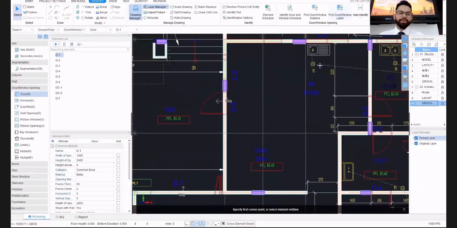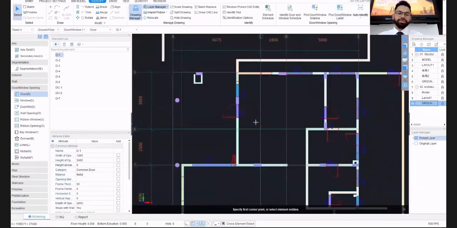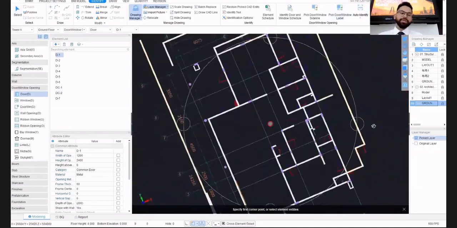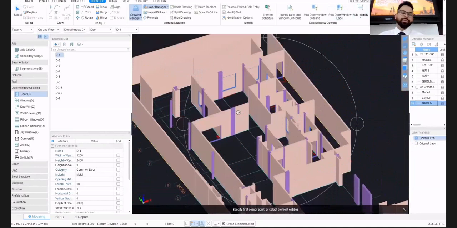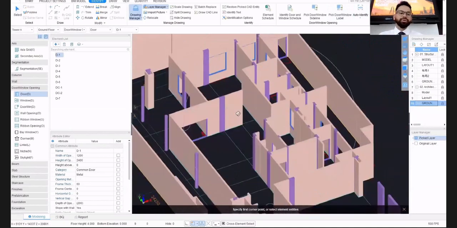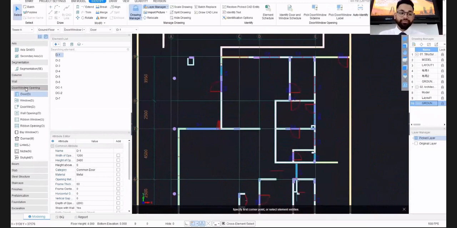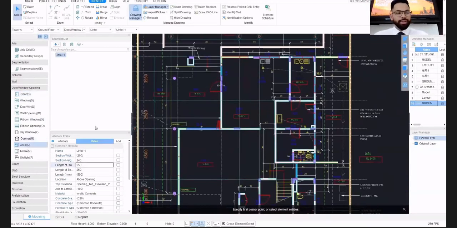Now all we need to do is identify the levels of those doors and windows, so the software knows their position from our previous step. Now if we proceed with auto identification, the software identifies those openings of doors and windows and places them in their position with their respective sizes. Really, really powerful tool. And then if we go ahead with structural elements like lintel, there is a quite intelligent function of auto identification